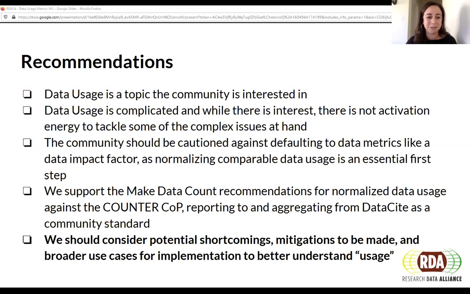Of course, I know two-thirds of you are new today, but I think there's some reflection on the second one of these about activation energy to tackle some of the competition issues at hand, because I think we've had three presentations which show there is interest in silos, if you like, and I don't mean that in a nasty way. There are people in different areas still working on this.